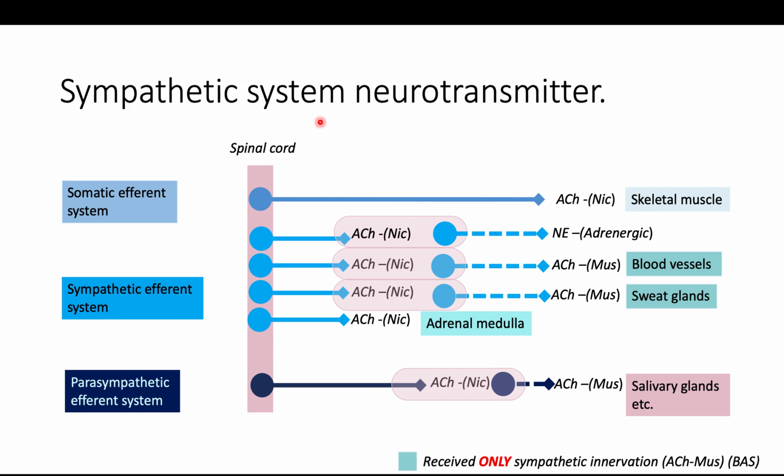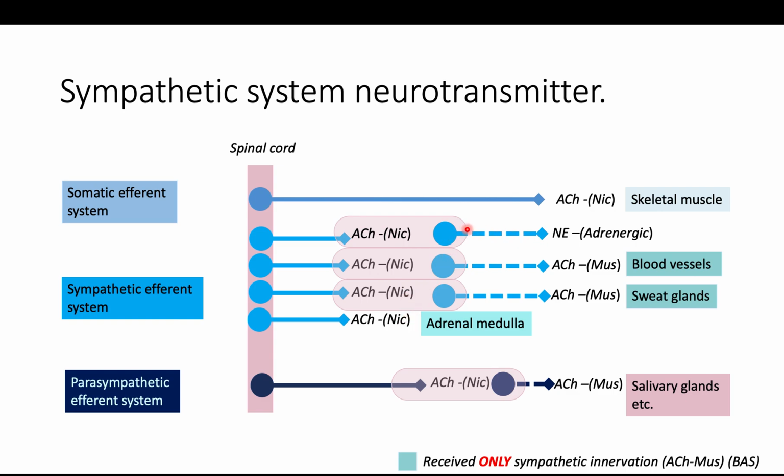From here, we're going to look at the sympathetic system neurotransmitters. For the somatic efferent, as I mentioned just now, the somatic nervous system will only release acetylcholine, and the receptors acting on the acetylcholine are the nicotinic receptors. But let's focus on the sympathetic first. In the sympathetic nervous system, they release acetylcholine and the receptors that receive the acetylcholine are the nicotinic receptors. But for the second order